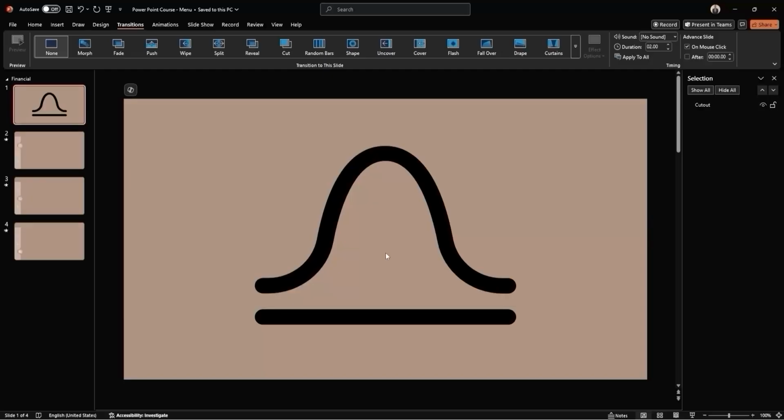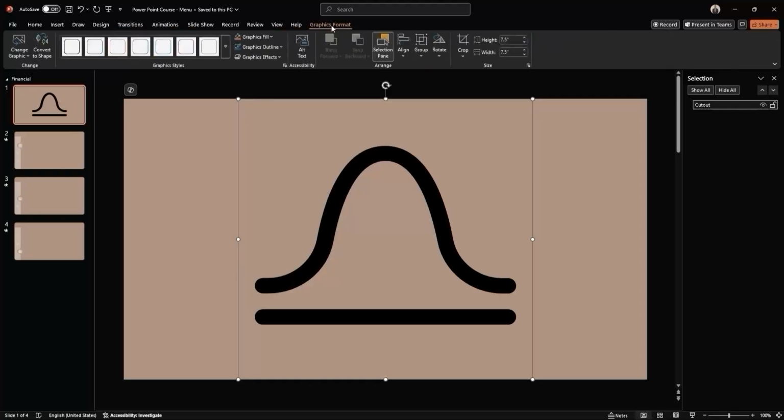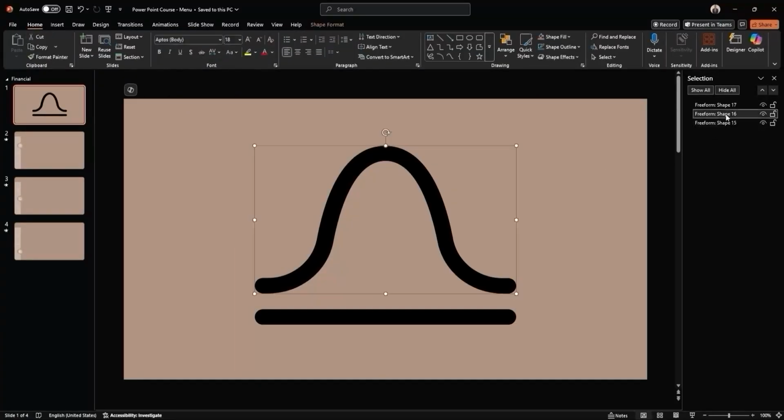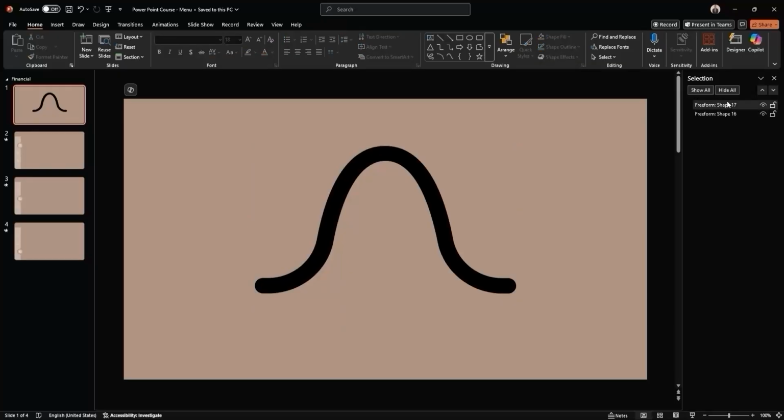On the screen, you'll see a simple vector cutout. This isn't a significant vector, just one I quickly downloaded from Google. Any other shape from the Insert tab would work as well. First, select the vector cutout. Then, go to the Graphic Format tab and click Convert to Shape. Once converted, head to the selection pane. Delete any background or extra lines. Leave only the curved bell shape that we'll use as the cutout. Finally, rename the remaining shape something like Cutout.